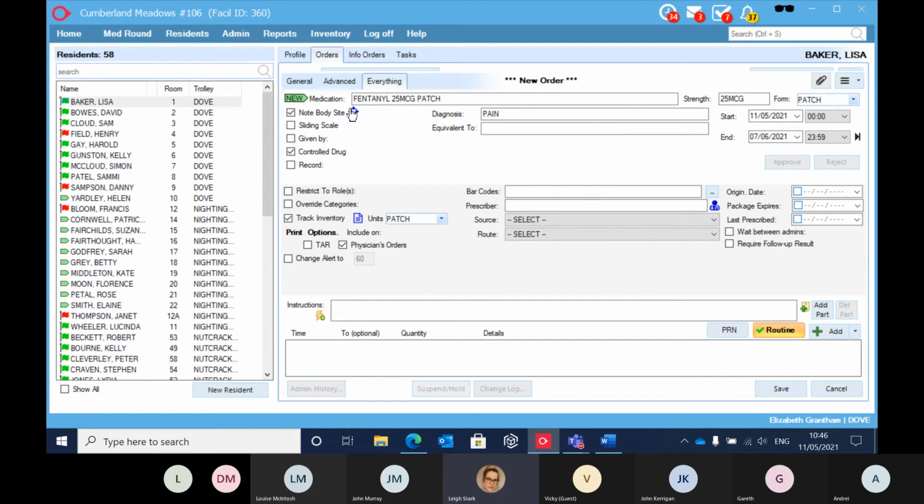If you then hover over the little compass, you can see that you've now got rotations in place. As a point of reference, if you just hover over, you can see what those sites are as they're initialed. I'm not going to use any of the others for this drug. So we've got note body site ticked, we've got control drug ticked, happy with my dates. I'm going to come down to this middle part now. So it's a patch, I can count my patches. So I'm going to track my inventory, make sure I put in my doctor,